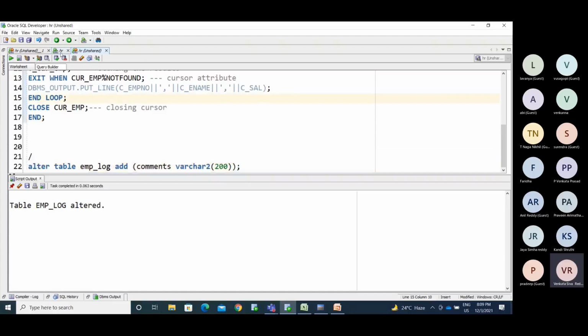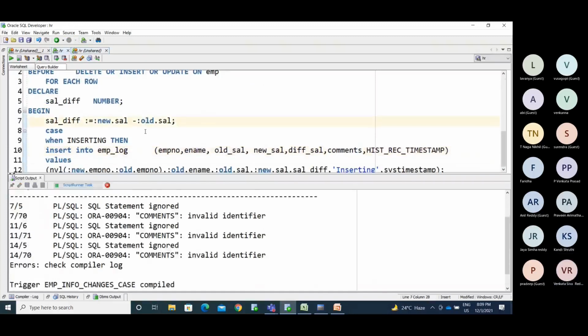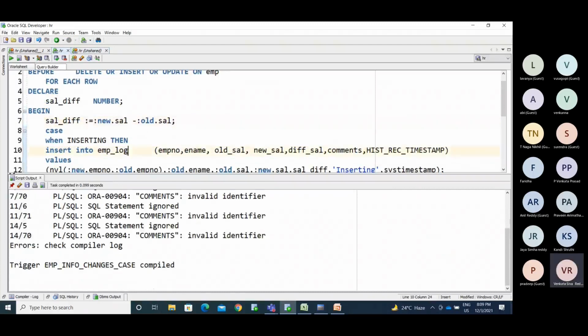Okay, now I'm trying to create the trigger. Now the trigger is created.